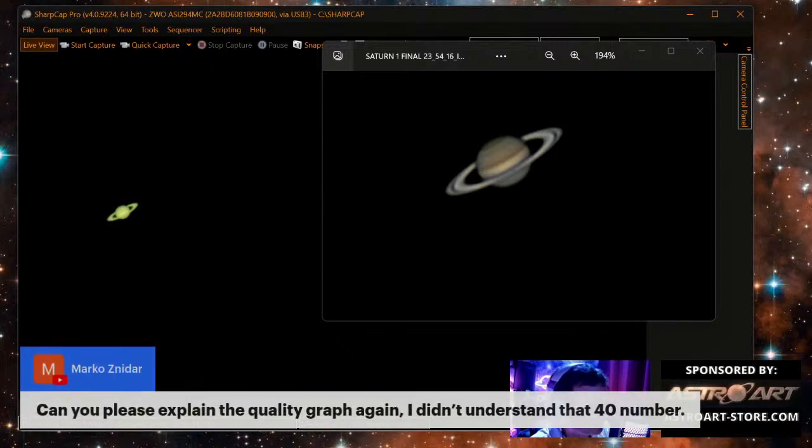The quality graph is only to choose the best frames. The 40 I chose because when I looked at the quality, I saw more. This is my intuition; I didn't count all those frames. More than 50% of the frames were above, for sure.